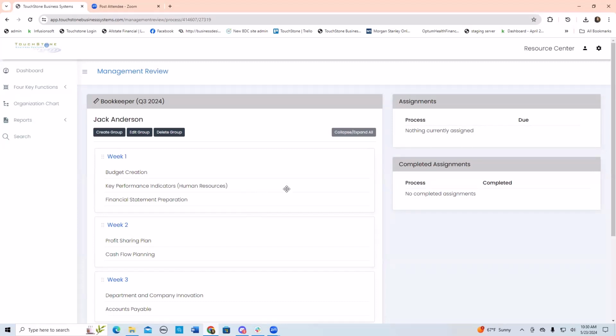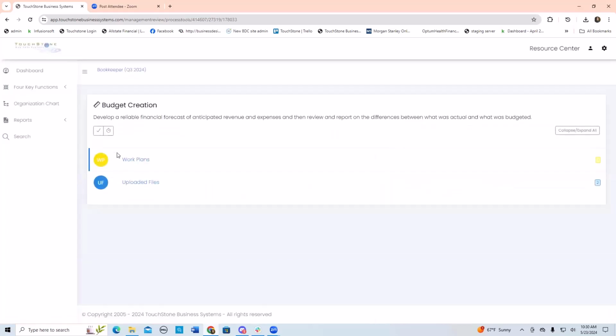So now that you have your training groups kind of laid out, I would then go and assign in day 1, maybe assign the process to Jack. So I click the process, and then I go up here to this little assign button. And I'll show you another way to do this from the dashboard. But since you're here making groups, this is a quick way to do it. I hit assign,